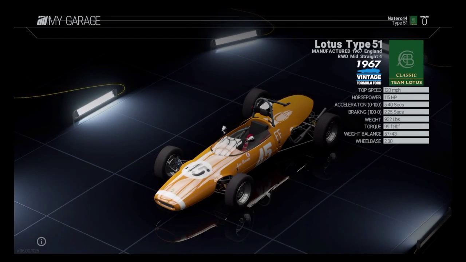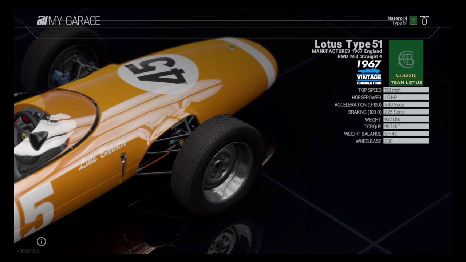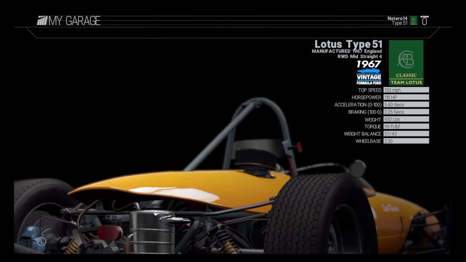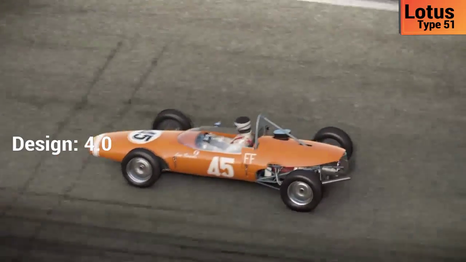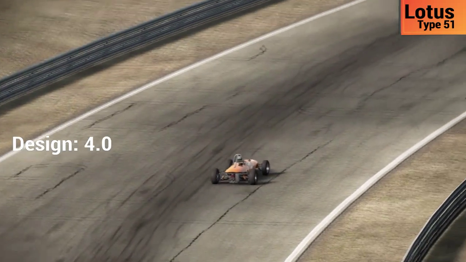Here is the last car, the Lotus Type 51, with 120 miles per hour and a horsepower of 115. It handles great though, if that means anything. It has a design of 4.0 because let's just face it, this car is absolutely ugly. It looks like a potato with